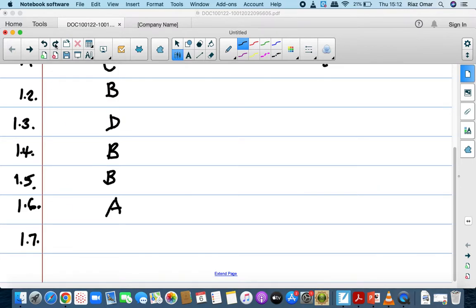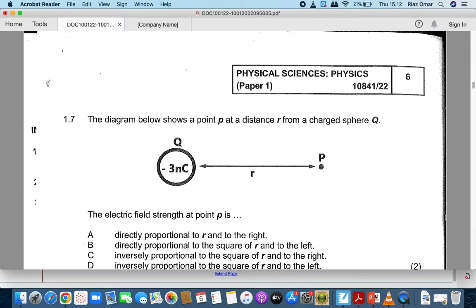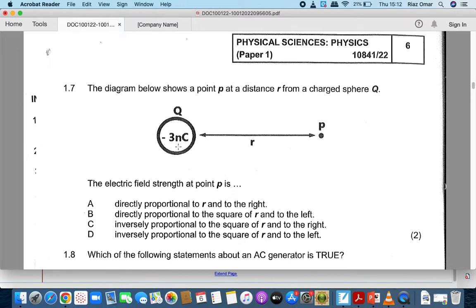Question 1.7, let's look at our question. The diagram below shows a point P at a distance r from a charged sphere Q. So here's Q, the charged sphere. P is your positive test charge that's put at a distance r. The electric field strength at point P is, if you look at the definition of electric field